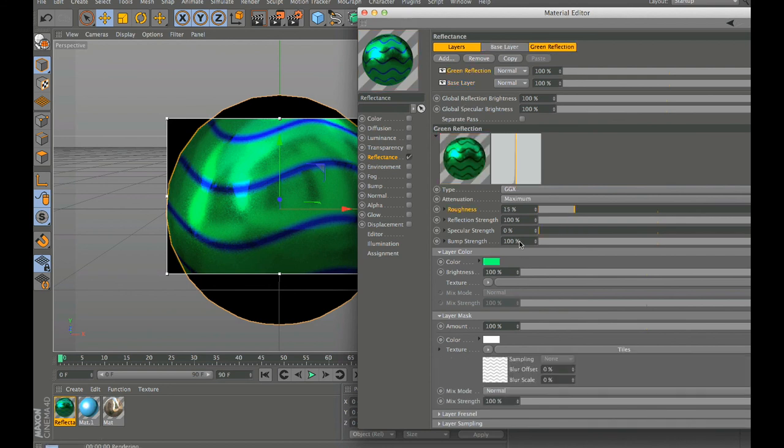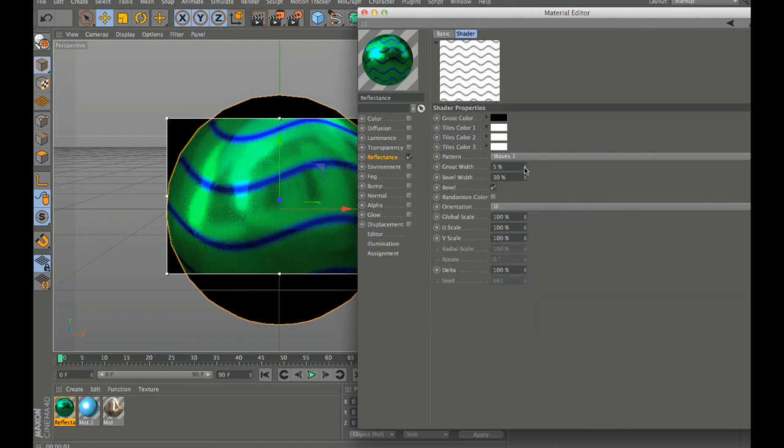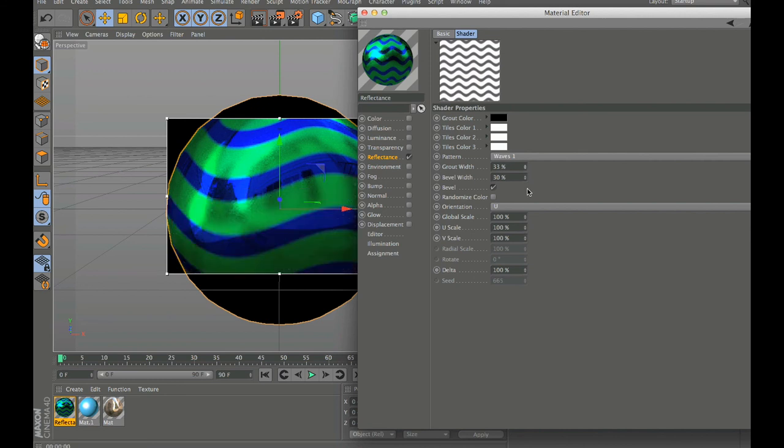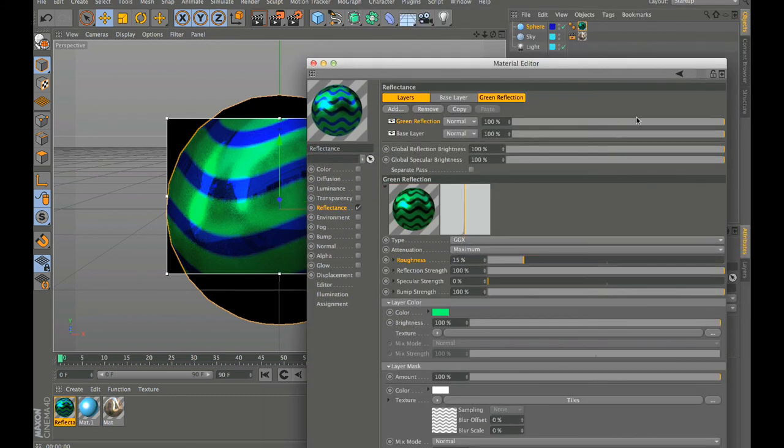So if I wanted to come in and perhaps make the grout width a little bit bigger, kind of like that. Looks pretty good. And now we can see some of that base layer a little bit better. So now we're seeing a smooth reflection, and then in areas we're getting this rough, blurry reflection based on the layers I'm building up inside the